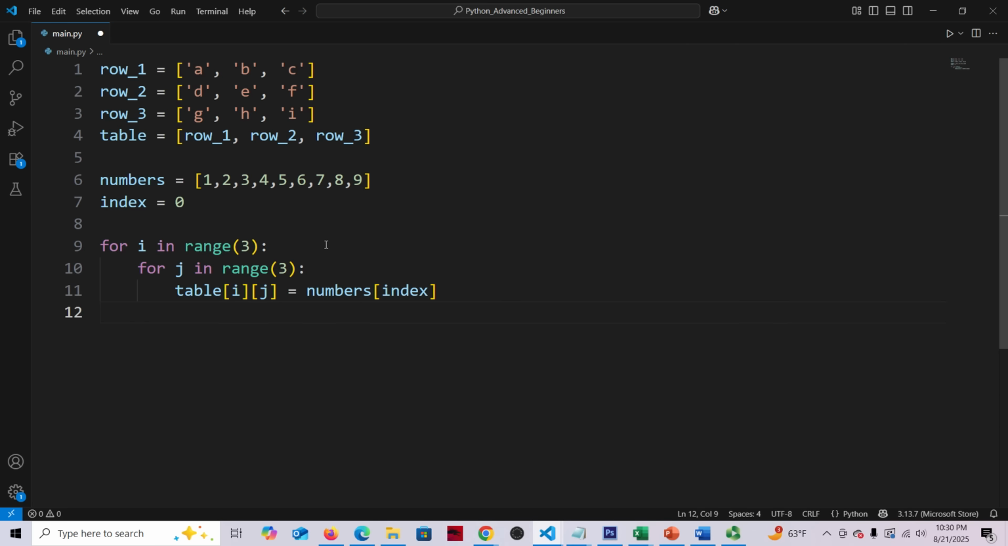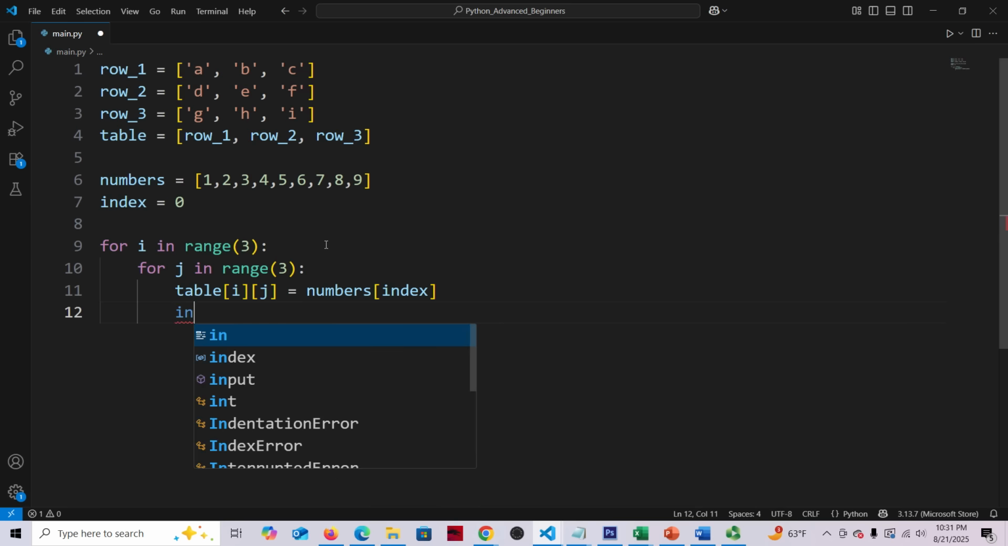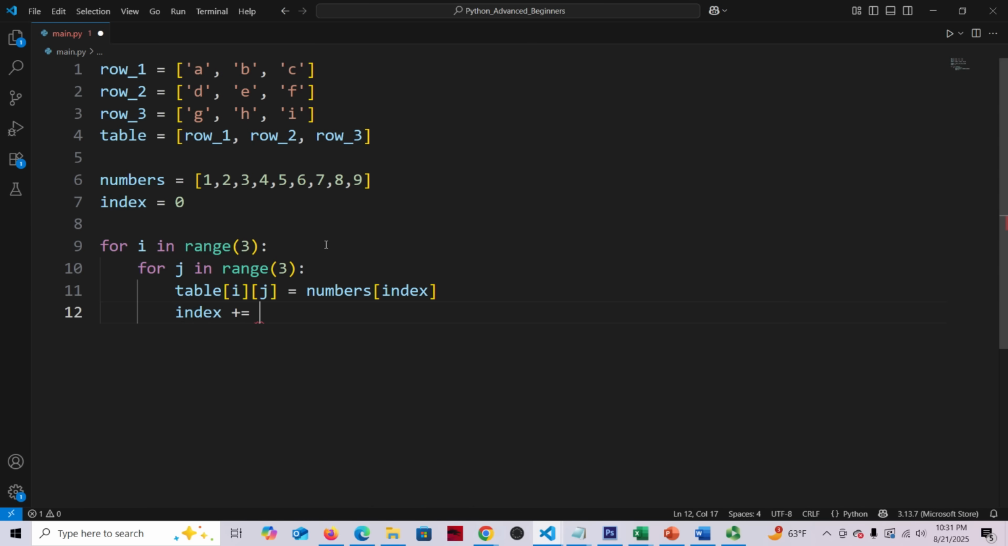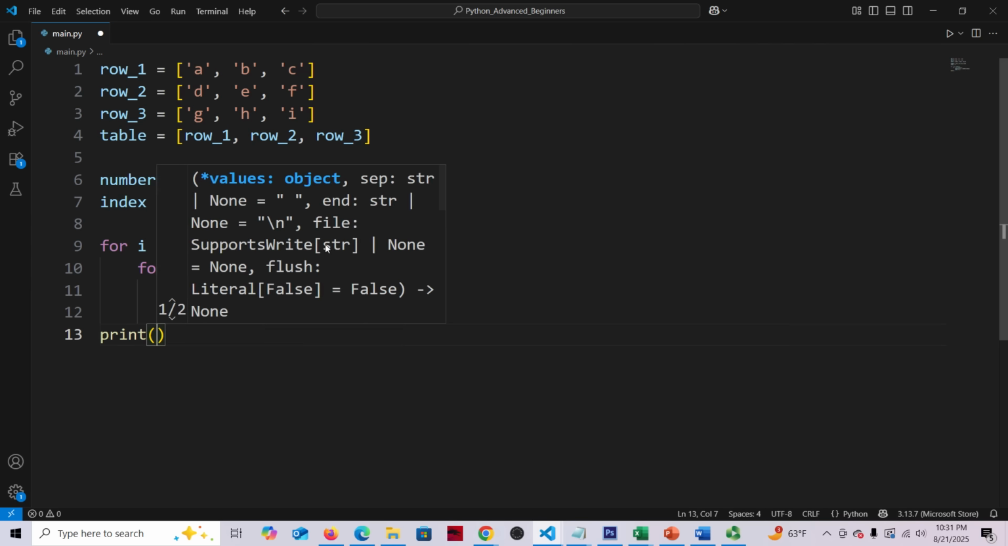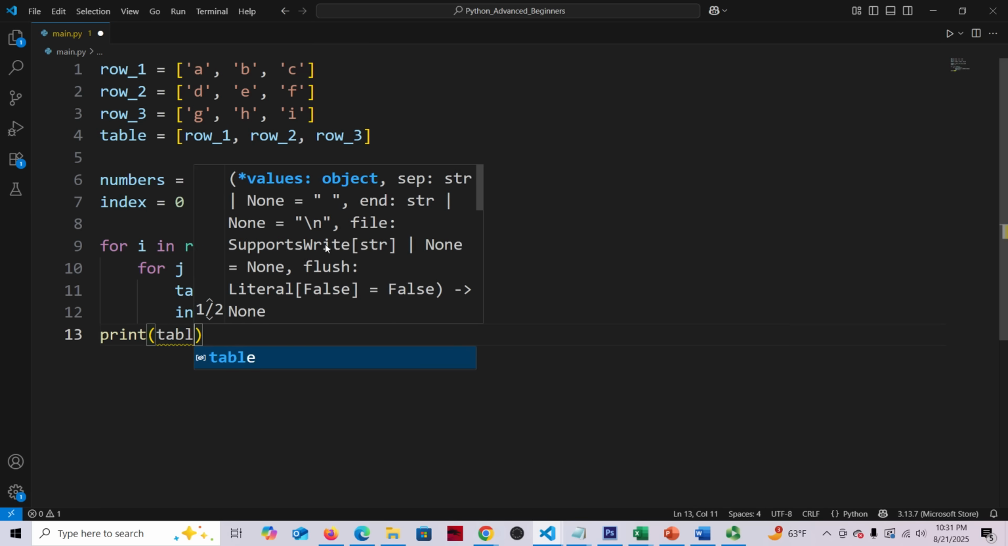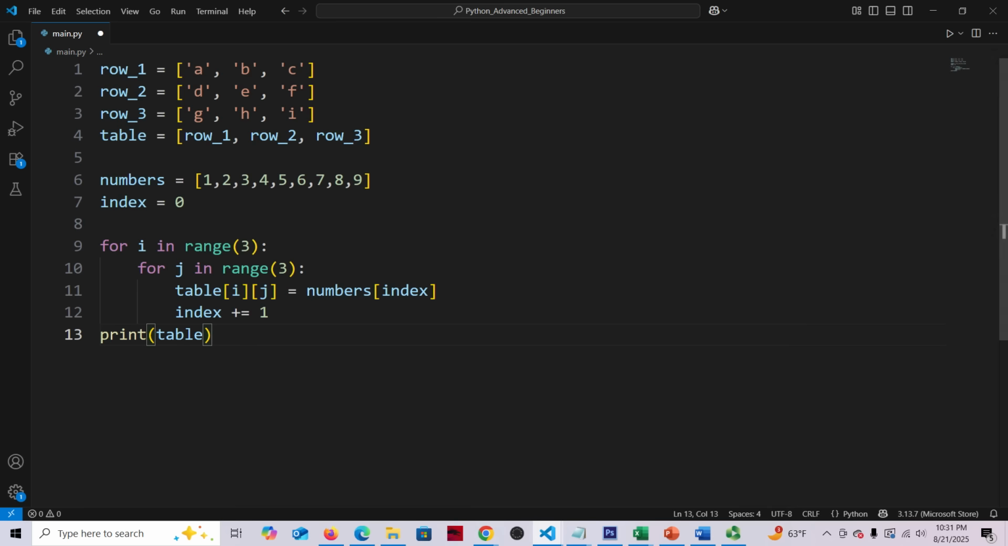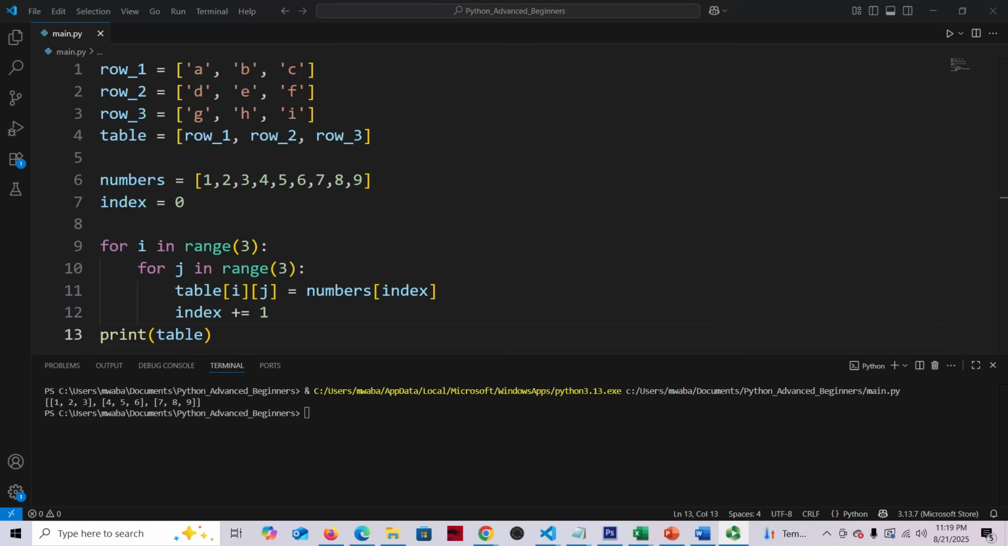Let's go to the next line, and then we will increment index. So type index plus equals 1. Let's hit the backspace key, and then let's print out the nested list. Let's run our program. Now you see the numbers have replaced the letters in the nested list, and I'll explain how this is done